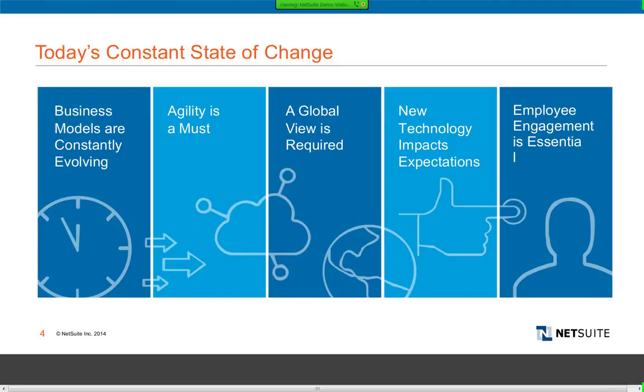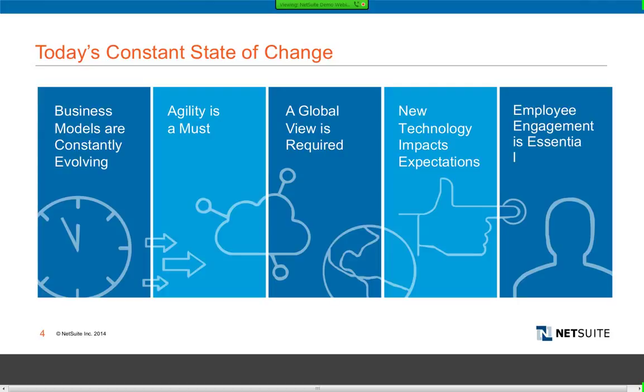New technology impacts expectations. This is another important thing as the marketplace is changing and as consumers are changing. Their expectations of what they have in front of them are changing increasingly. People expect to be able to buy online. People expect to interact with companies in ways different from those they used before.